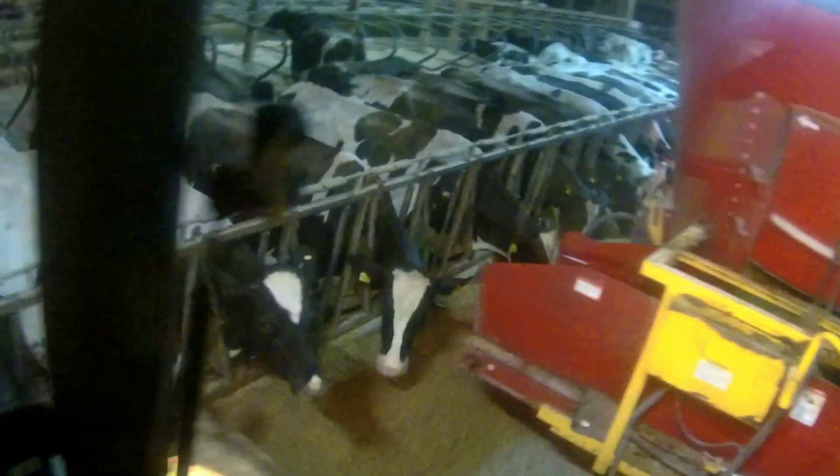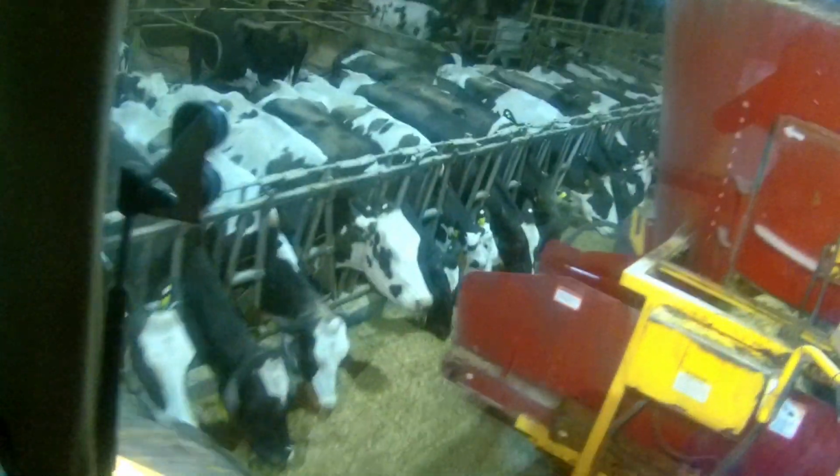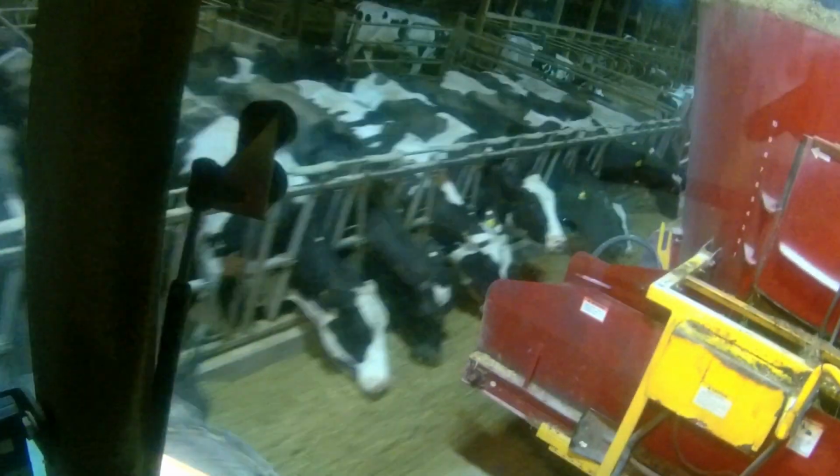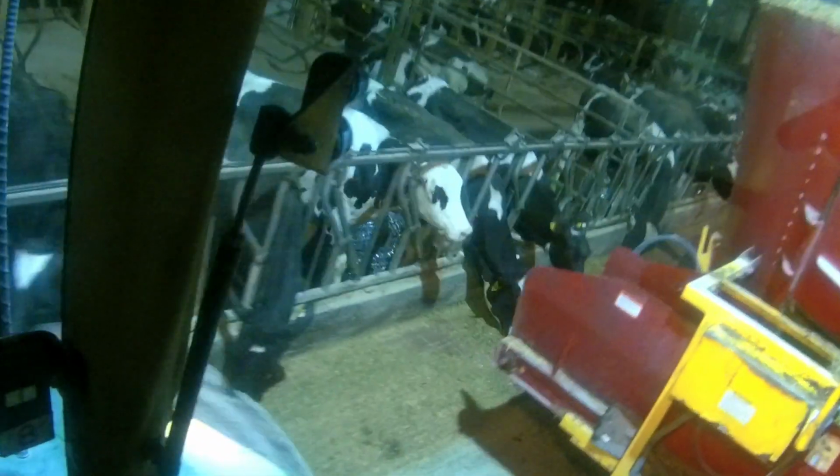Barn here has got kind of a dead end to the feed alley, so we have to back out. I can't back in because I can't get enough off the mixer wagon to go into that one box stall section there. It's in behind the parlor, so I pull in, back out. I'd have to back in or out either way. So